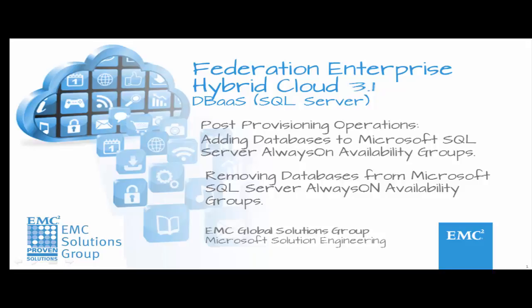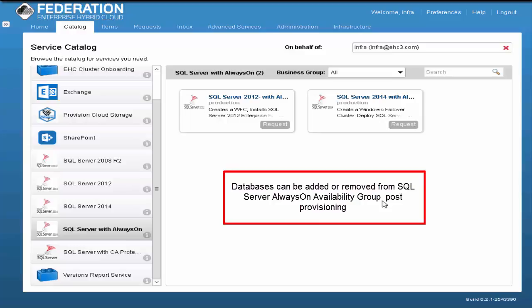In this demonstration, we will show how databases are added or removed from Microsoft SQL Server Always-On Availability Groups on a Federation Enterprise Hybrid Cloud version 3.0. The functionality showcased in this demonstration is performed after SQL Server with Always-On Availability Groups are provisioned from the self-service